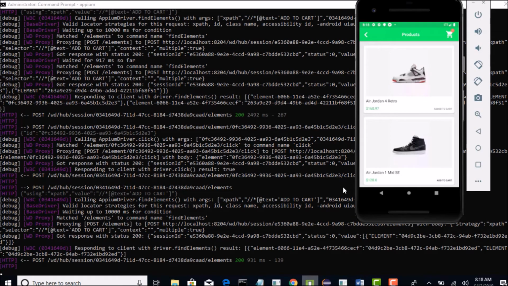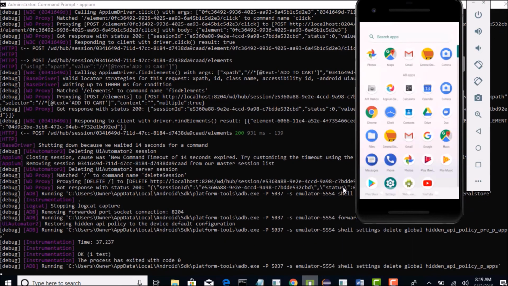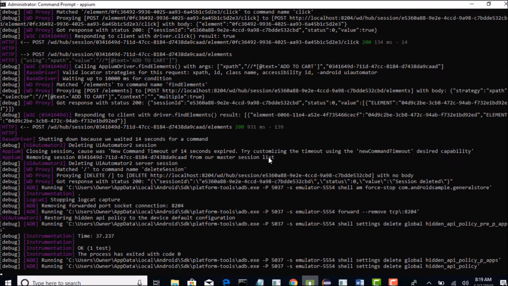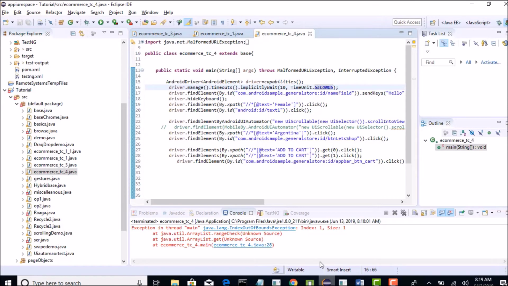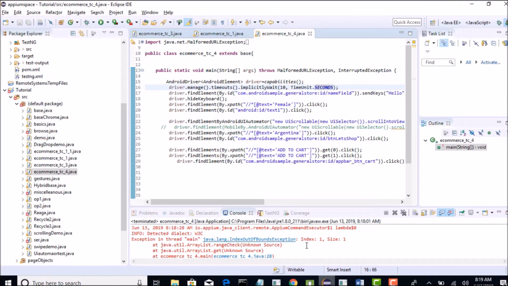It's not adding the second product. Why is it adding only the first product but not the second product? Any idea? And it threw an error. Okay, let's go back. The error here is index out of bound.